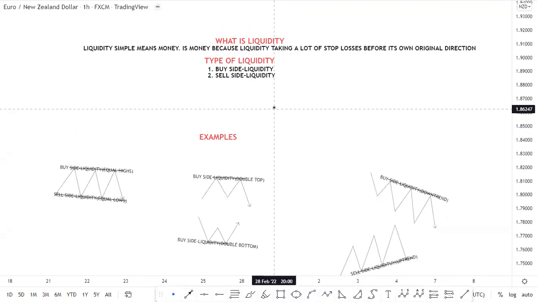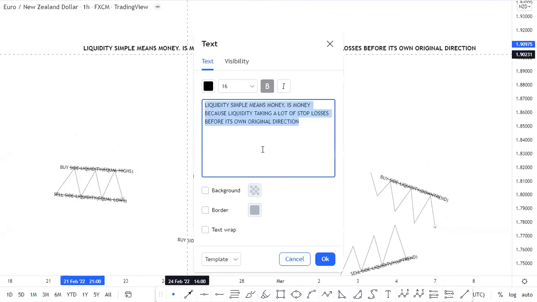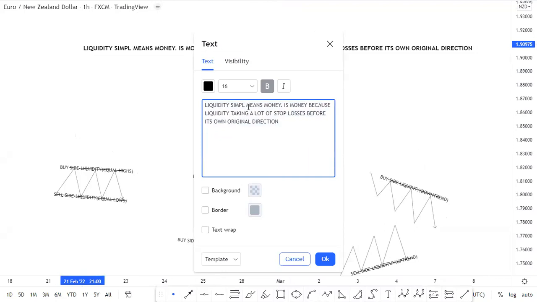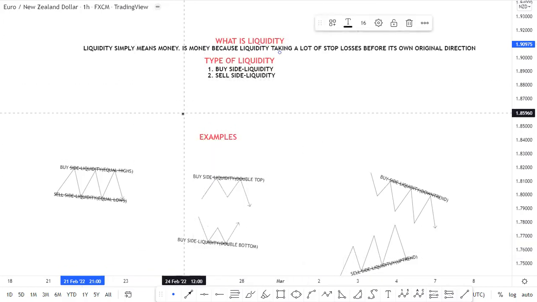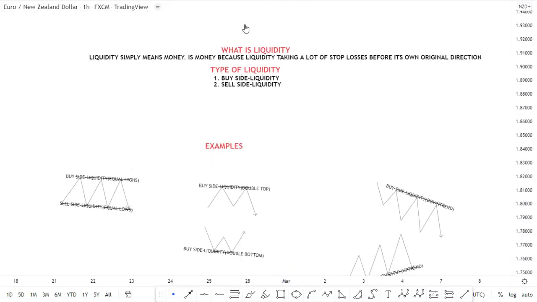Okay, today we are going to look at liquidity. So when you say liquidity, liquidity simply means money, right? When you say liquidity, it's money, right? And it's money because